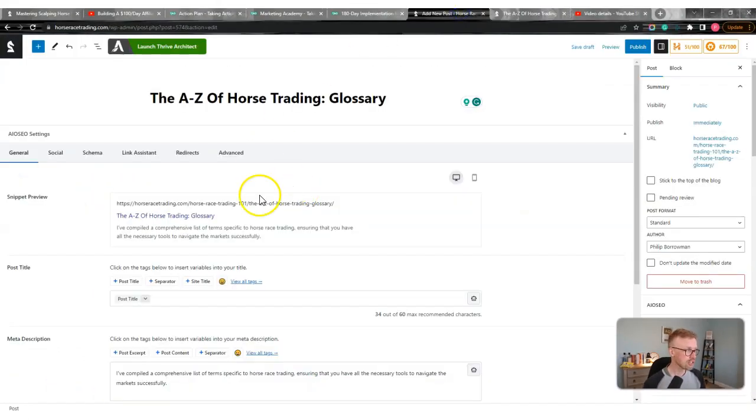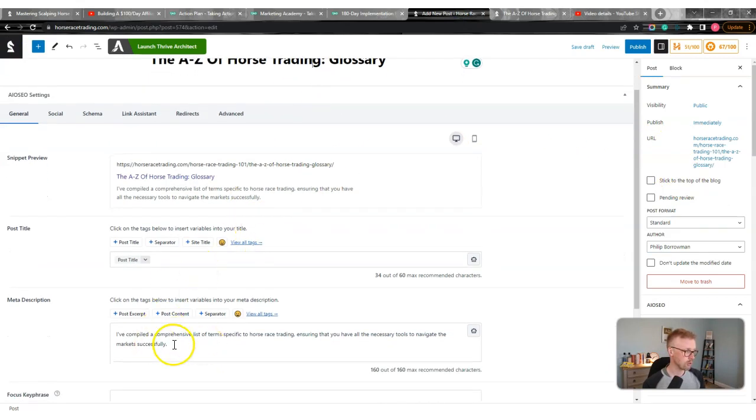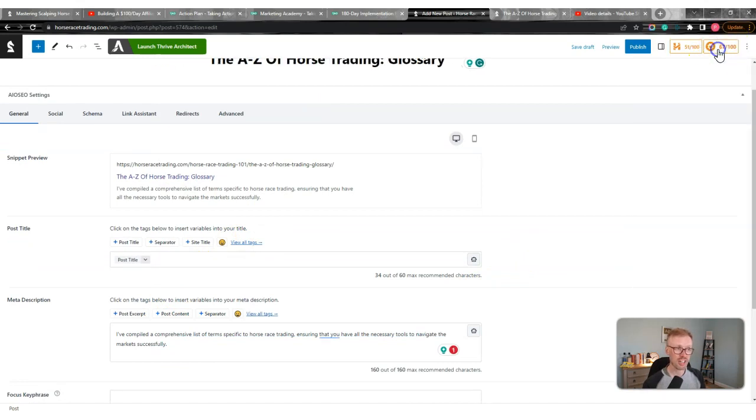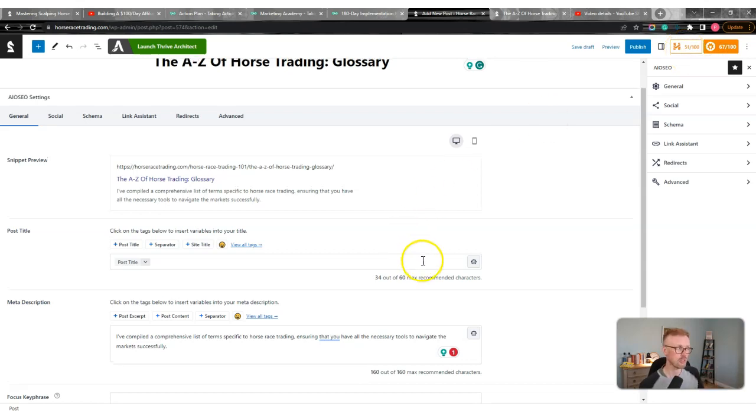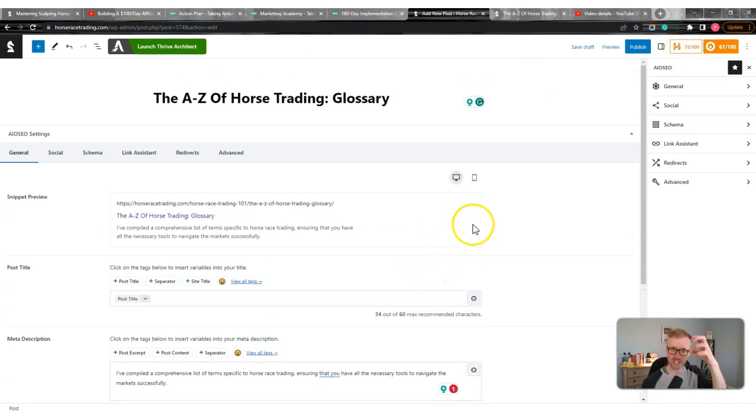Okay. You can see here, all I've done on this page is add a headline. I've added a little meta description, and that's really it. You can see my SEO score is very low. I don't really care, because the SEO score here doesn't really matter, because I'm not targeting a specific keyword here. It's the content inside that's being targeted for all these different search terms. Okay, so I'm just going to go ahead and click on publish,